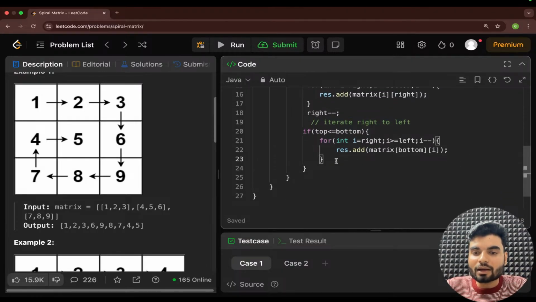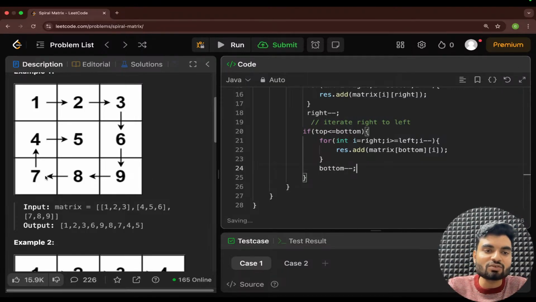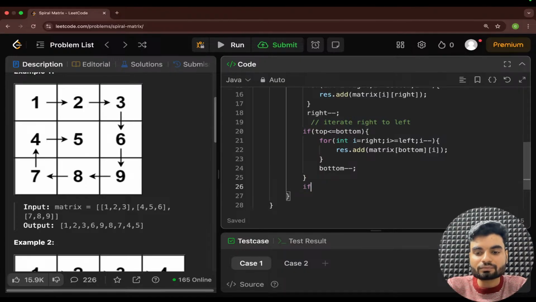And here your bottom should be what? Minus minus. Because this line, the last line has been inserted. So similarly, as you did top plus plus, because top was inserted, and now bottom has been inserted, you will do bottom minus minus. Same condition you need to check for this also. Like when you will go from where? When you will go bottom to top. So I'll paste it here. By this you remember this in future, that if you are going bottom to top,